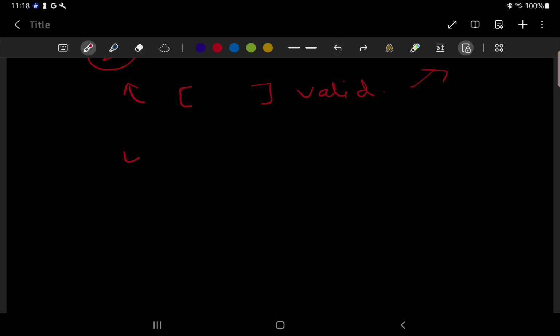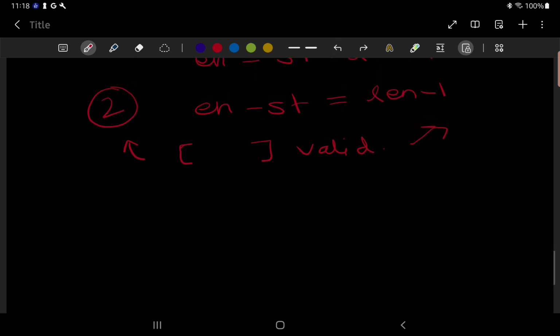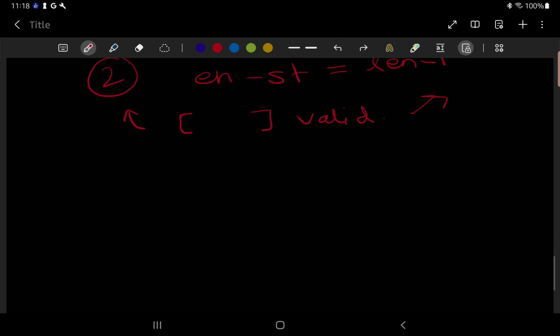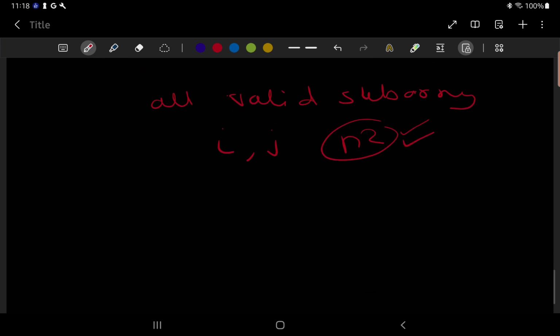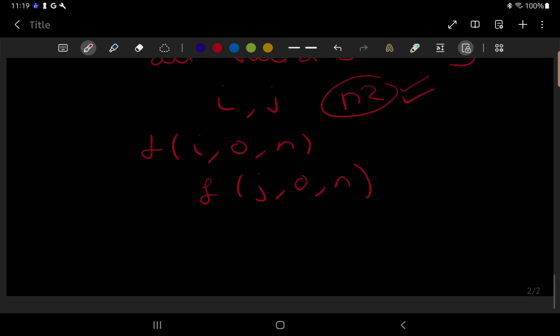Basically, since we got a point on how to validate a subarray, let's find all the subarrays which are valid. To check all subarrays, we do an i, j loop, our basic n square loop, which is allowed. Our constraints are allowing it. So we run i from 0 till n, and we run j from 0 till n. While going,